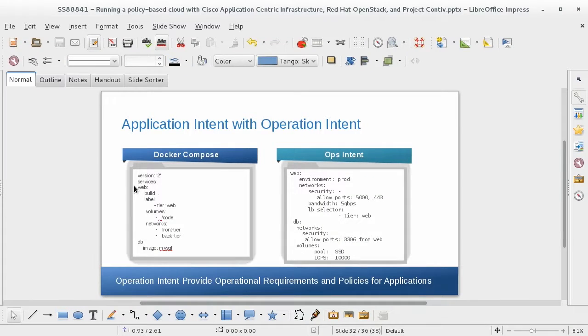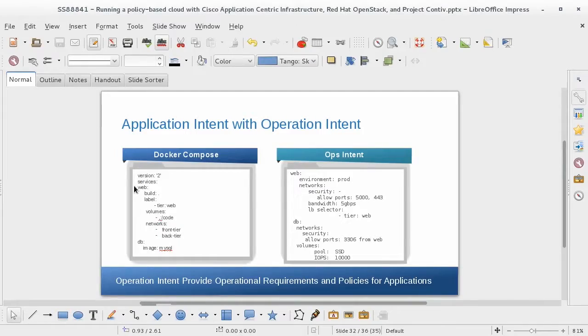So if you look at an example of what I mean here, something like Docker Compose was designed to capture developer intent. The developer says, I have these microservices. These are the ones that are talking to each other. This is what I need in terms of how they talk to each other. I'm going to give them interesting labels, so I know how they communicate.